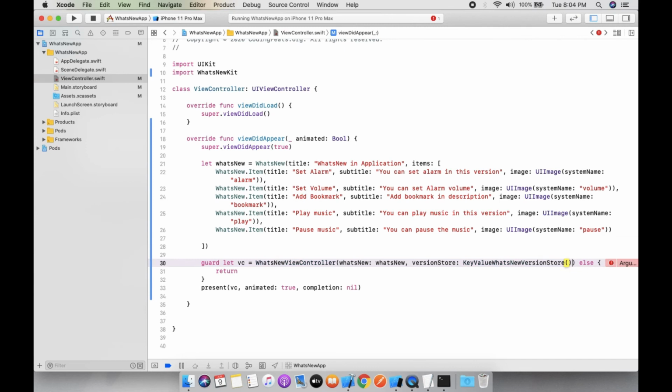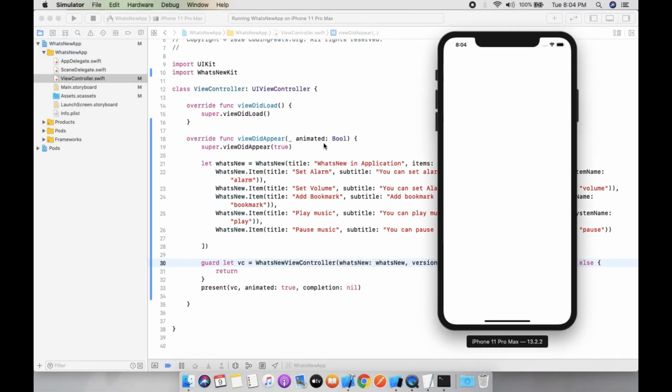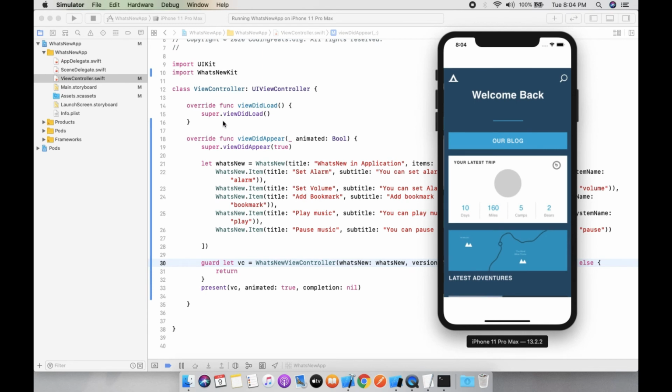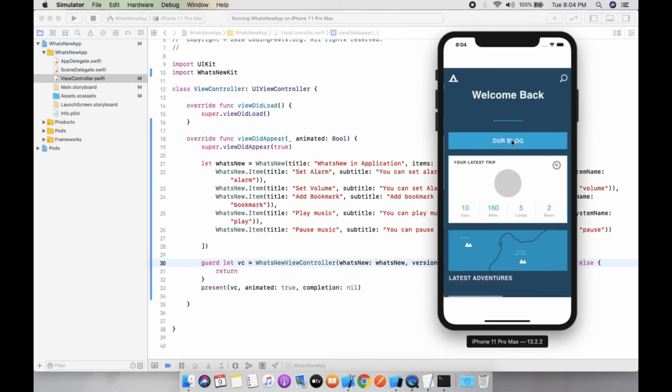Let's build this and run. So the application is open right now. Once you click on the continue button and run again, it will not show here.